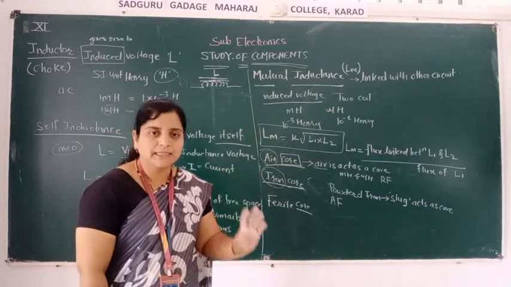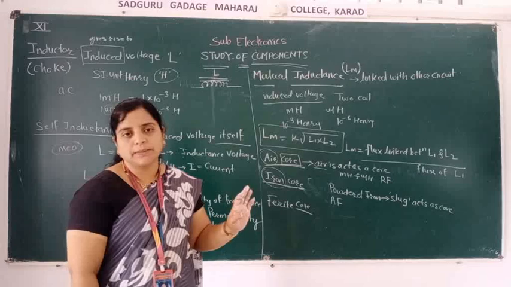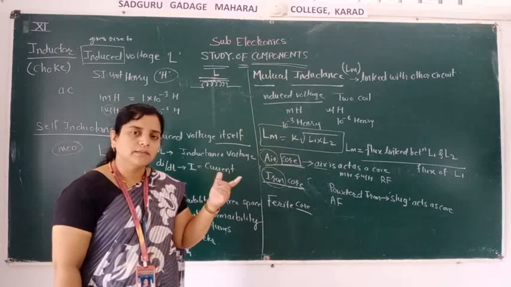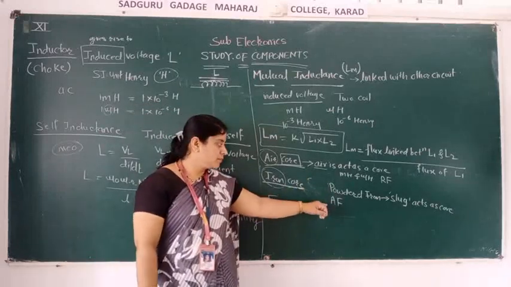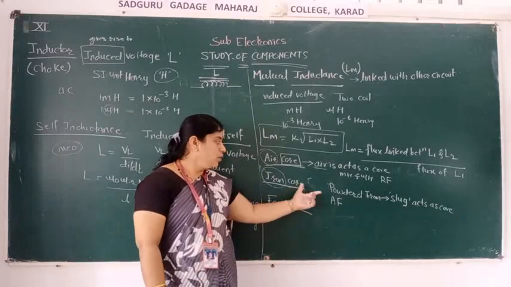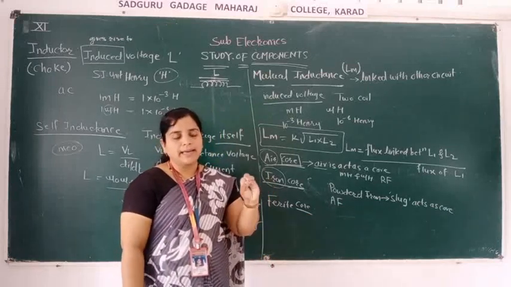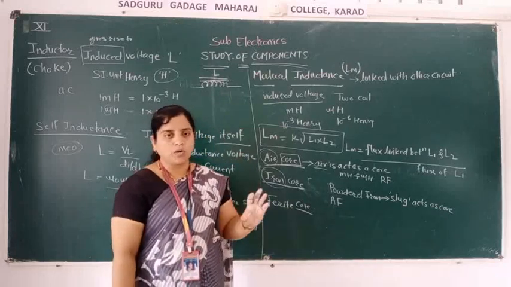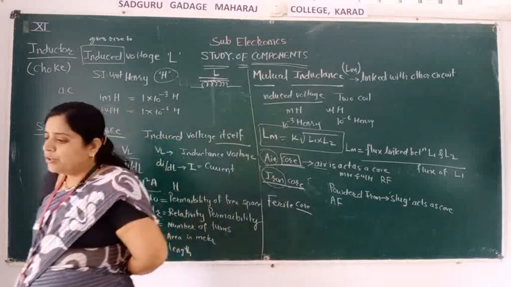You understand the meaning of audio and video, right? Audio means you can only listen, you cannot see; there will be no picture. Video means you can hear and watch the video. Okay, that is video. In the iron core, this powdered slug is used. Powdered iron, iron is made into powder, and that is called a slug. That slug will act as a core. That is called the iron core and it is used in the audio frequency.